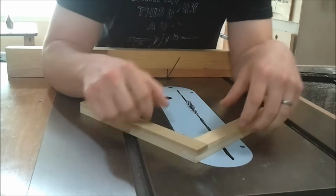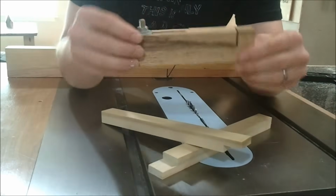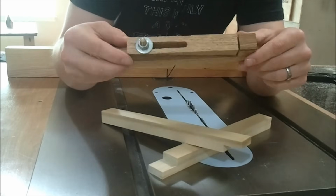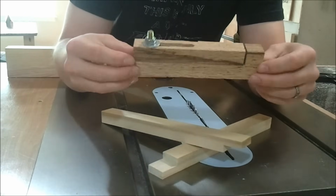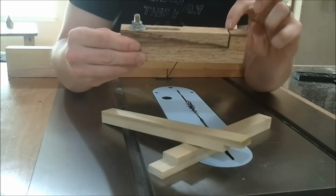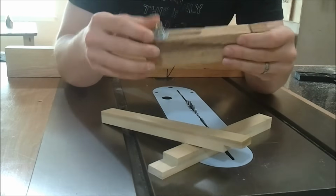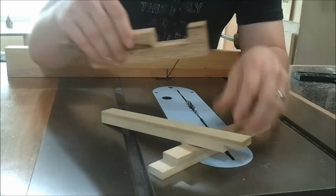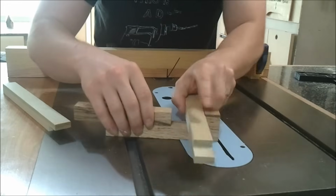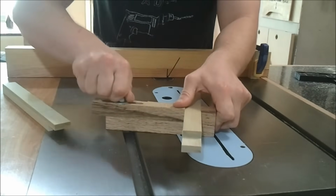You can create a perfect half lap on the ends of your pieces just by using a simple stop block. But what if you want a half lap somewhere in the middle of your pieces? That's where this little jig comes into play. This is a homemade kerf maker. And what it is, with this side perfectly flush, I have a distance right here that is equal to the kerf on my particular saw blade. And what we can do is adjust this to the material we are working with, tighten it down,